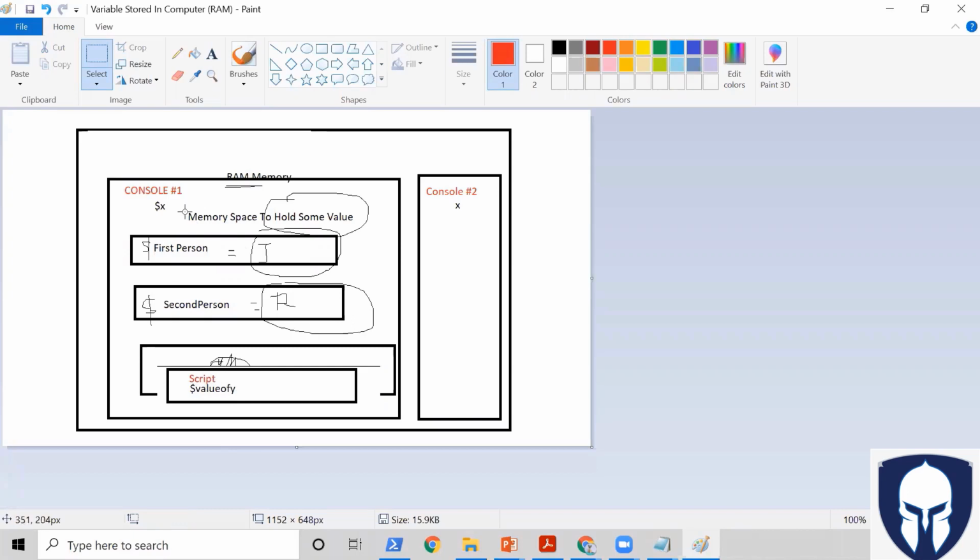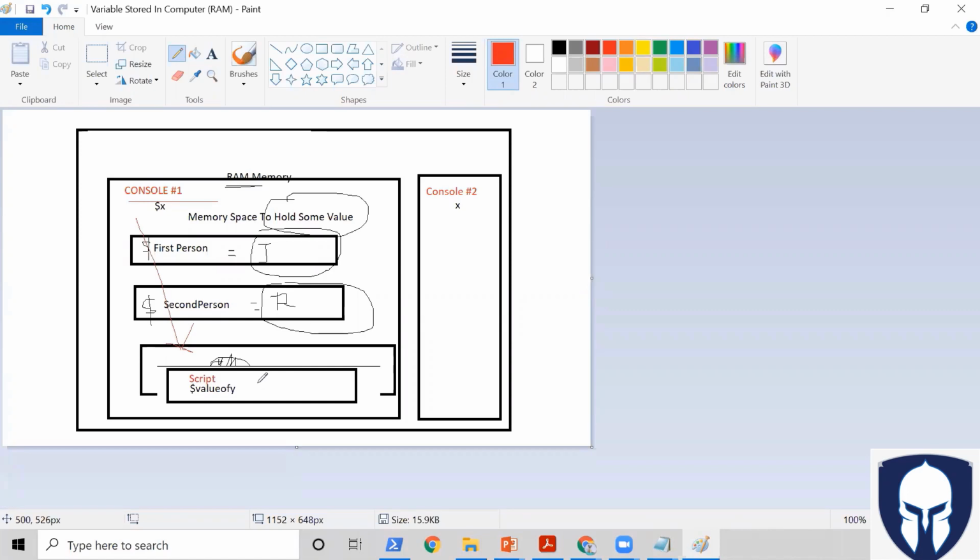So what is happening is whatever I declare here, this $X I declare, it will be available in the script. So whatever I declare here in the console, it will be available here, but whatever the script declares, once the script is executed,